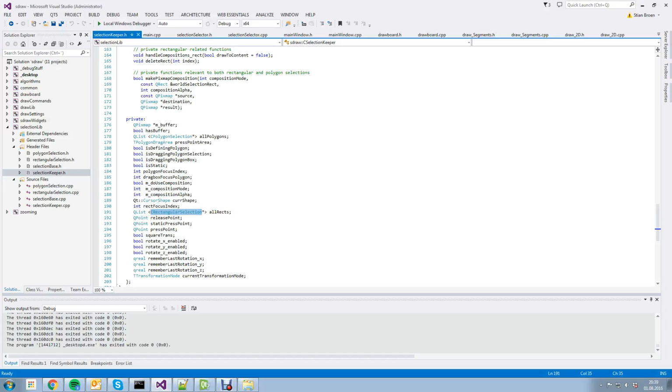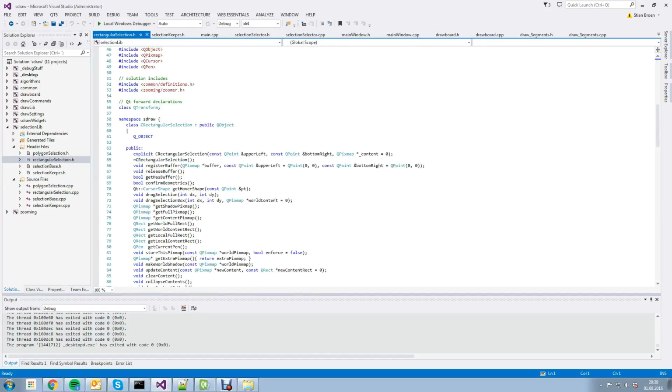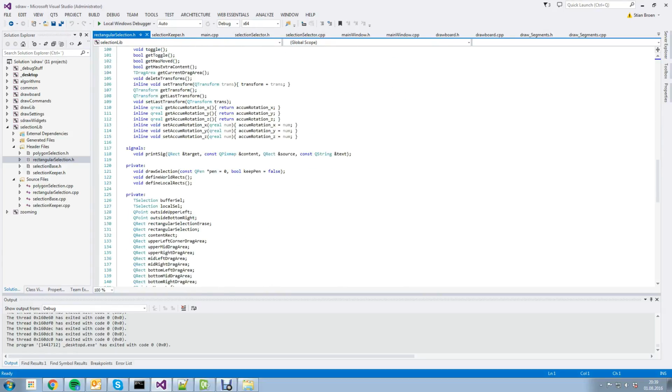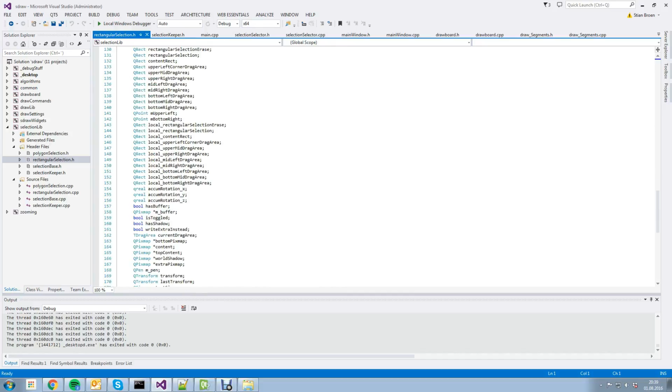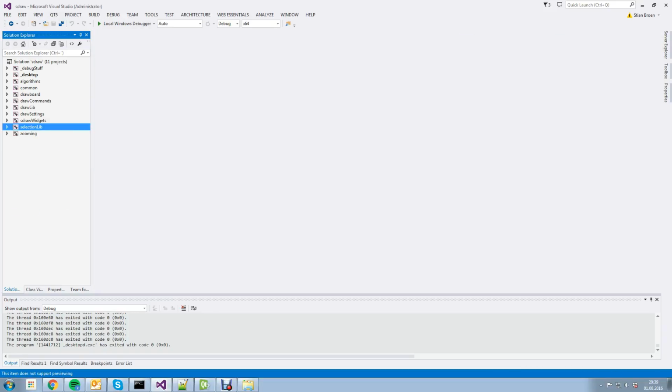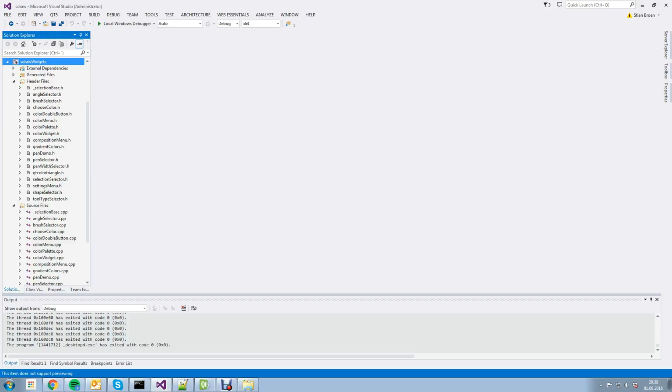And a rectangular selection class, for example, like this, is a class that handles all the operations that you can do on a rectangular region of interest. So yeah, not much more needs to be said about this. And the SDRAW widgets contains all the different widgets that we saw,